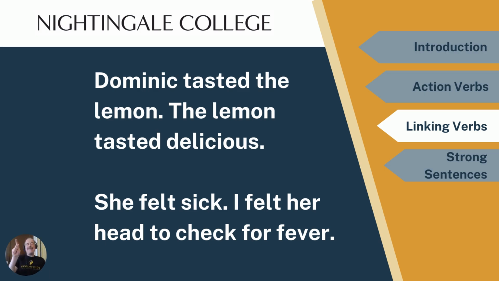Delicious describes the subject, the lemon, so tasted is a linking verb, right? It's describing the subject. She felt sick. Sick is describing she, linking verb. I felt her head to check for fever. I can even show you that felt is an action. Her head is receiving the action,